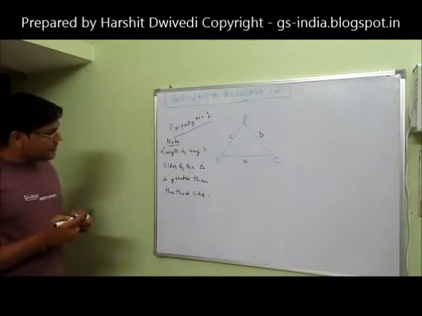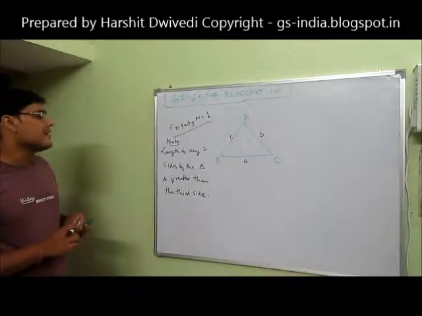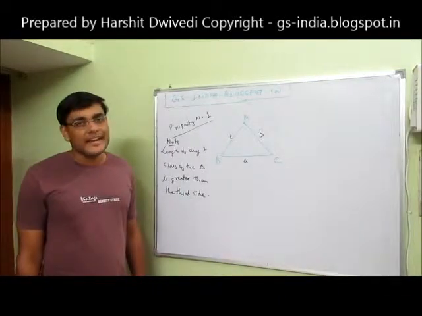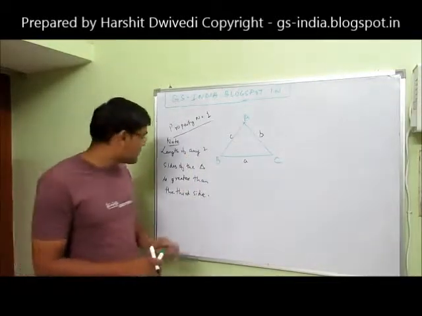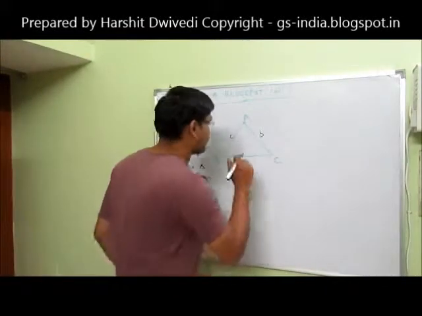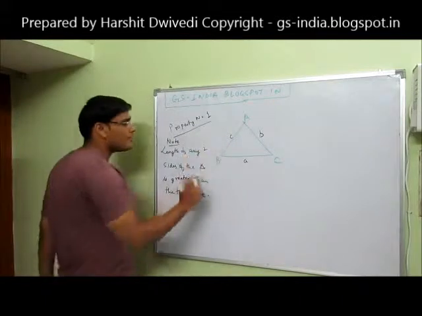And one theorem which is also cited in the same way says that the difference between any two sides of a triangle is always less than the third side. Now let us see what these two things are. By using this concept, I could write it as something like this. I will also tell you the proof of this theorem, but first of all I am writing what this is.